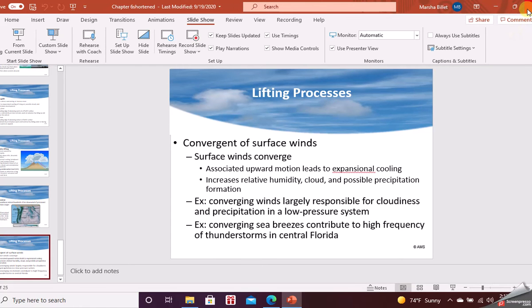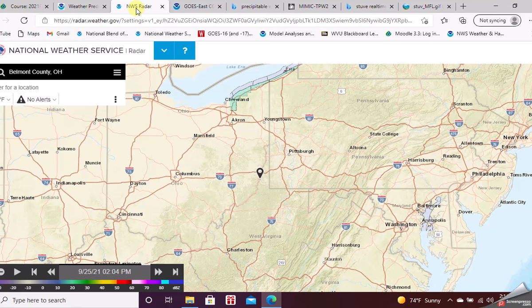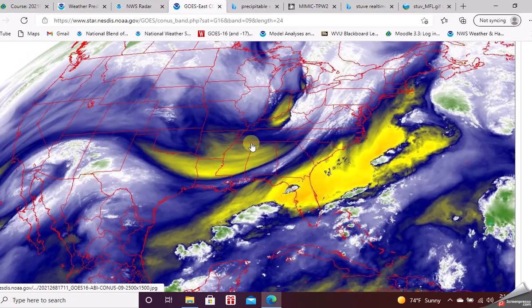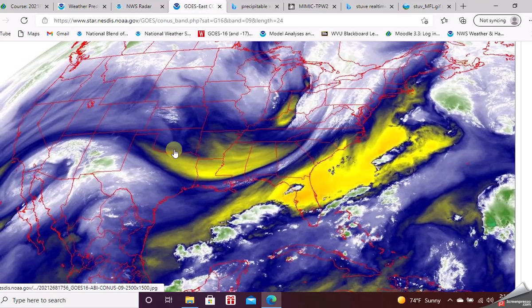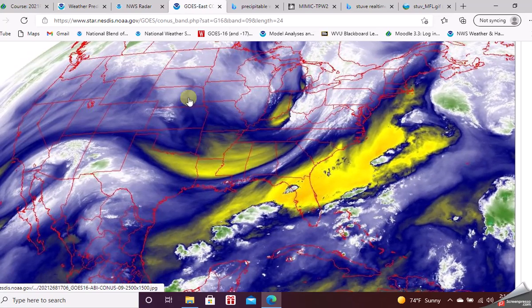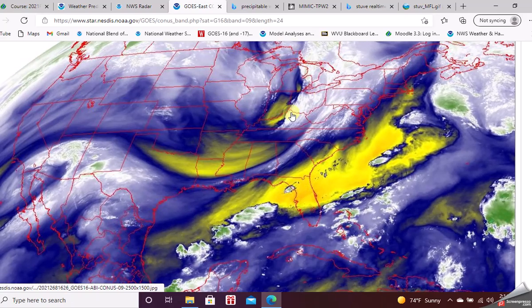So I just wanted to show you a little bit. Here's today's front. We have a front in Ohio. Look at the current radar. Rain right along that front. There's that lift. One of the interesting things is tracking moisture into a front. Where did it come from? Well, if we looked at the moisture, it's not coming out of the Gulf of Mexico. It's probably actually air that came in off the Pacific, lost a lot of its moisture. That's why there's not much rain here, because it can't find a lot of moisture to work with.